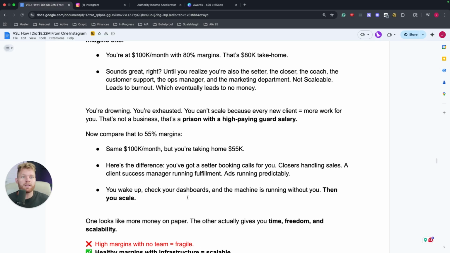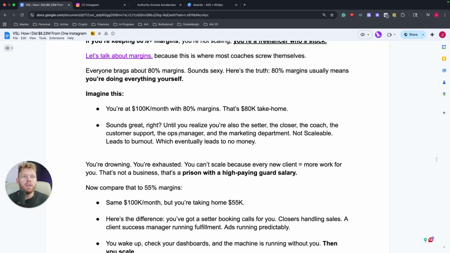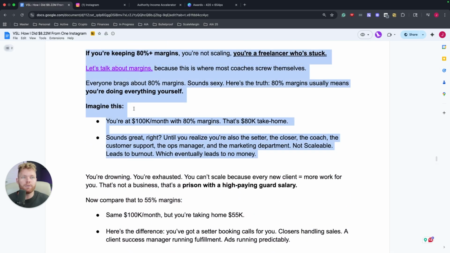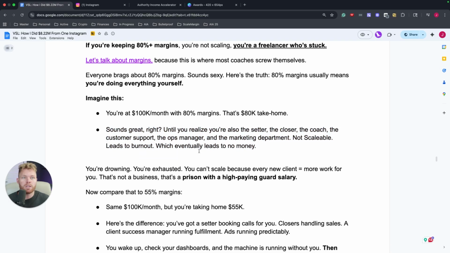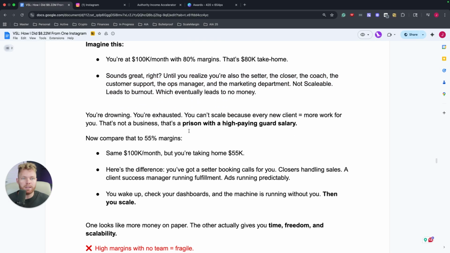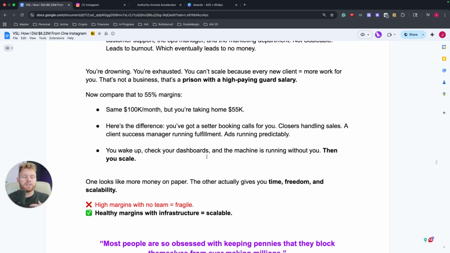This is where the freedom machine comes into play, because you can't operate correctly and see the future when you're drowning in fulfillment and drowning in marketing. When you're operating from a sense of freedom and your energy levels are up and you can see clearly, you make better decisions in your business. The one I was talking about before might look better on paper, but the other one actually gives you more time, freedom, and scalability. Because I don't know about you, the reason I got into business was not to be a slave to anyone or anything. It was to have one word: freedom.